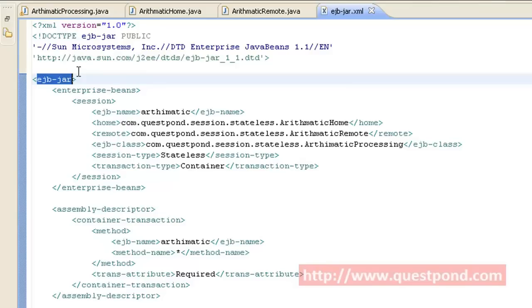Session type indicates whether this is a stateful or stateless bean. We are indicating this as stateless since we are making a stateless bean. And transaction type is container.